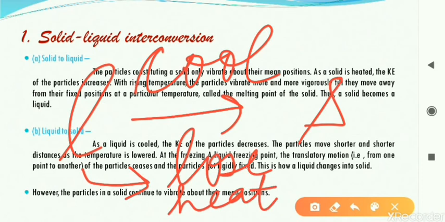If the heat energy is reduced or the temperature is falling, we are cooling now. If the temperature is reducing, that means what? Kinetic energy is reducing. The molecules which are moving fast in liquid will become slow in their motion, and ultimately they will slowly come closer to each other. As they come closer to each other, they will convert into what? They will convert into solid.